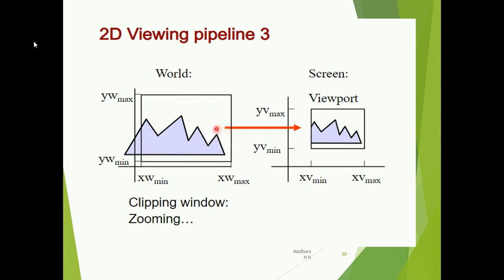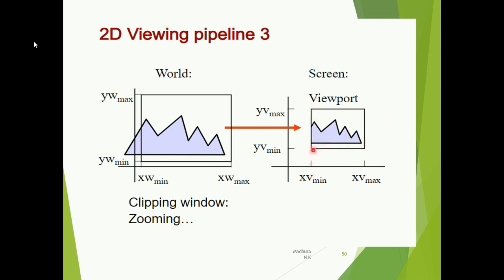That means whatever size you have for the clipping window, you can enlarge it as you wish. You can display it in a very big manner, or zoom-in operations also can be done. You can display the viewport in a smaller manner also, for the same clipping window. Remember that you have the same clipping window, and you can display it either in the larger size or in the smaller size. So your viewport can be manipulated as you wish.